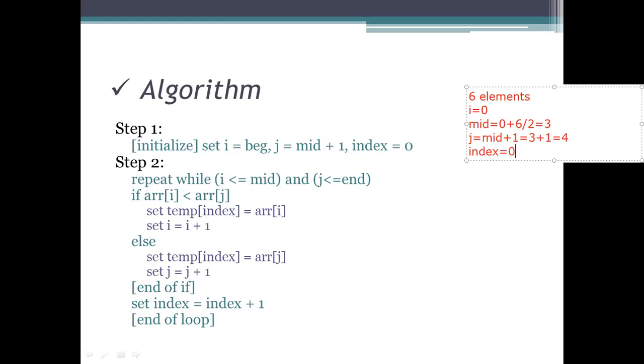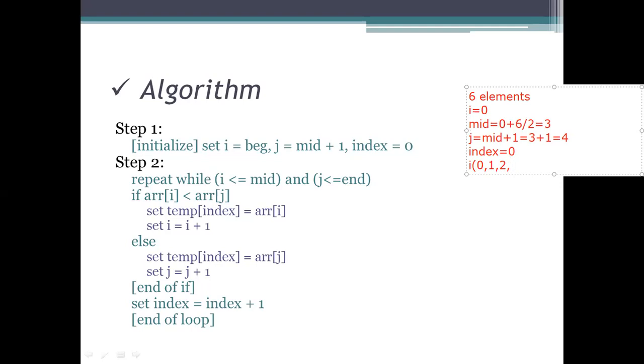Okay. Now I will be taking the temporary variables up to less than or equal to mid. So what are the values of i? Let it be 0, comma, 1, 2, and 3 is the mid value.